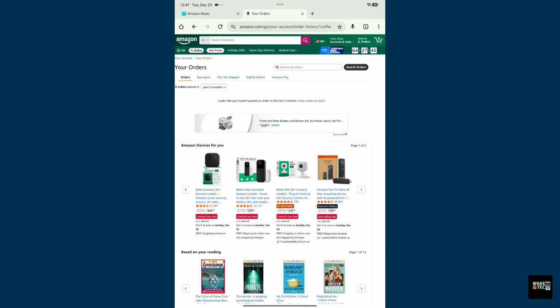You can see your past charges, including subscription fees and music purchases on the page. So that is how you easily see your payment history. If you can't see your payment history, make sure you are signed in with the correct Amazon account that made